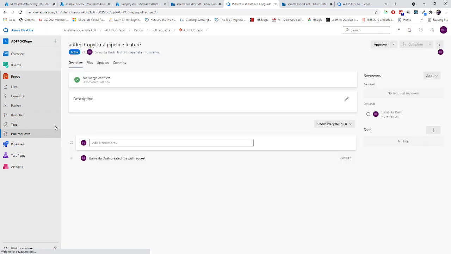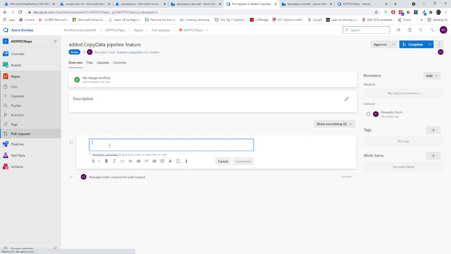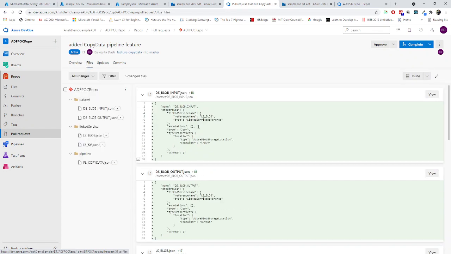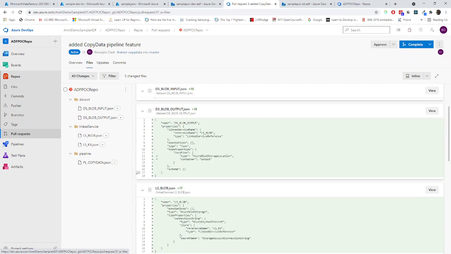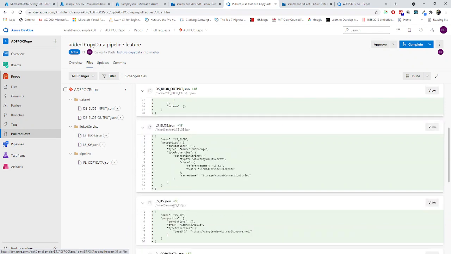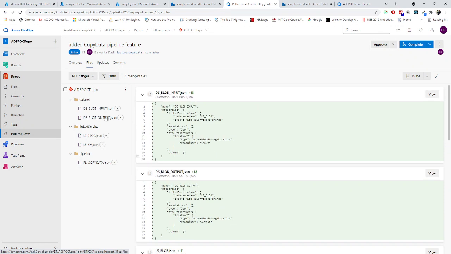As I am the reviewer, the pull request comes up in the pull request part. You can see that there is something written and I can add my comments on those things by looking into them. If you go to files, I'm just showing all these things so that it will be easier for the newbies. You can see what kind of files we have. We have linked services for blob, for key vault, for everything, right? Right now you can see what kind of things are here: data shared, linked services, and pipelines.